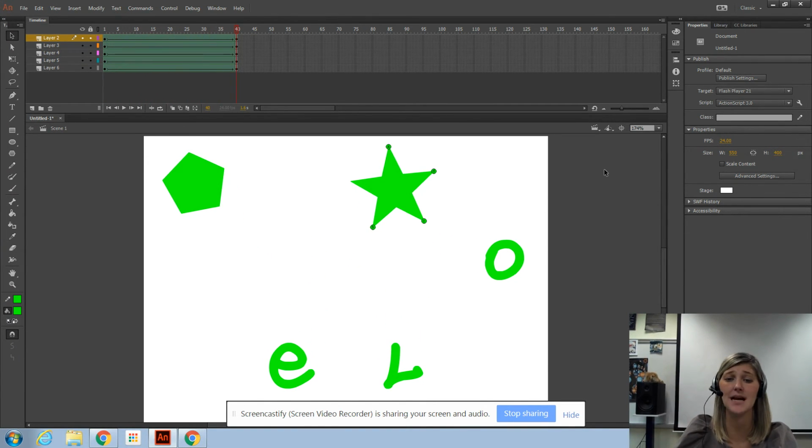So that's shape hints. Now, I will say they don't always work great every single time. Sometimes you have to mess with them, and sometimes they're just not going to work, and you have to figure out another way to kind of come up with what you're trying to create. But hopefully that'll help you a little bit